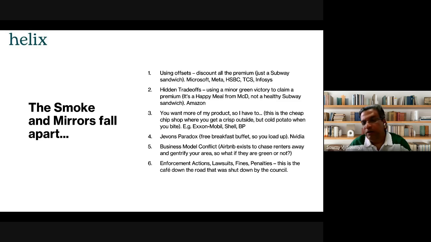But by doing that, what will happen is that ESG rating will go up and automatically their valuation is higher, right? So as a comparison, a peer that is non-ESG rated might have a valuation of, let's say, 10 times of earnings. This company will have 25 times of earnings. So that sort of a difference is there just by using offsets. And how much money are they paying for that? Not a lot, just a rating and offsets, that's it, period. So you can discount those premiums completely.